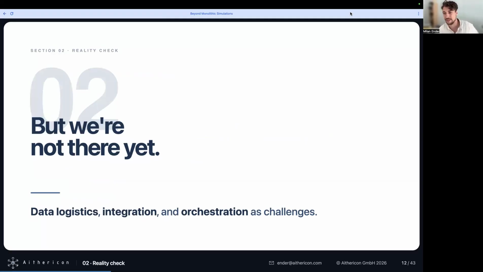And this is a very hard effort that needs many people and different industries and different tools to come together to fully realize. So in the end, I would say that this is about challenges in the realm of data logistics, of integration of all these different moving systems, and of course of orchestration of the whole continuous loop that we want to achieve.